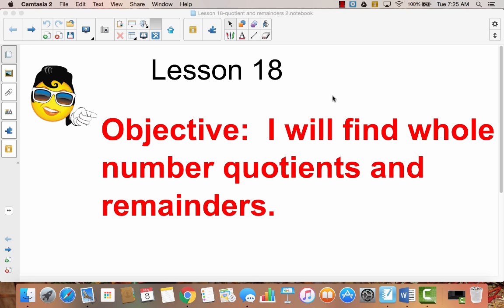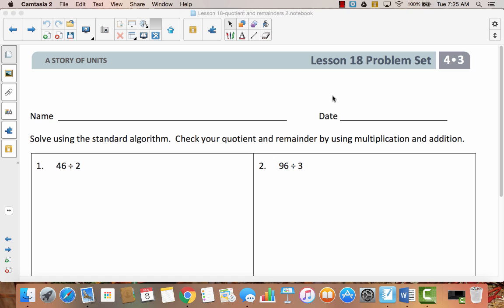Lesson 18, I will find whole number quotients and remainders. So in this lesson, we are moving away from using our place value chart to just going to standard algorithm. If you feel like you need your place value chart a little bit longer, you can always get out your dry erase board and you can switch to that place value chart and you can use it right along with